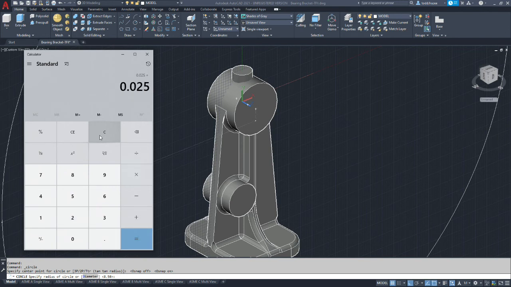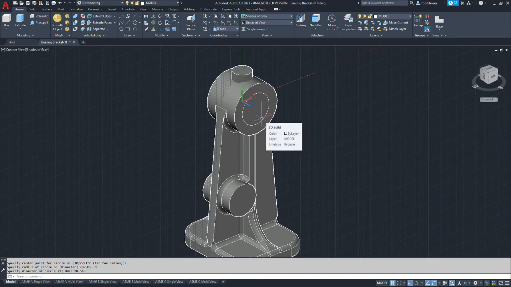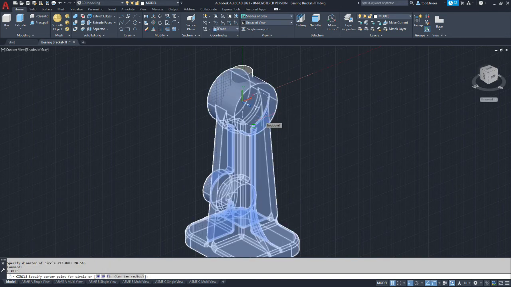Add that to the low end of the range, 28.52, and we arrive at a nominal size of 28.545. Let's switch to diameter, and we're at about 28.545. Alright, so now we'll go ahead and repeat our circle command on the boss.